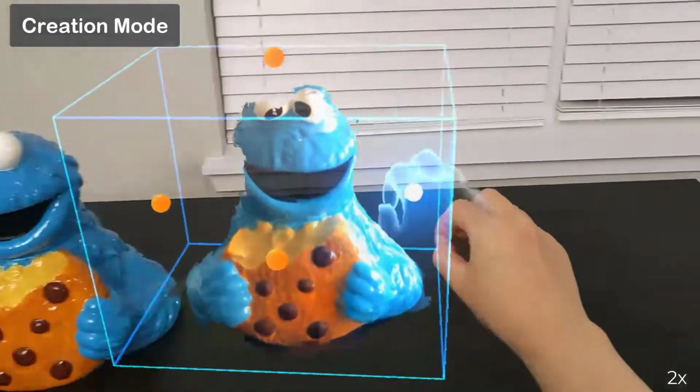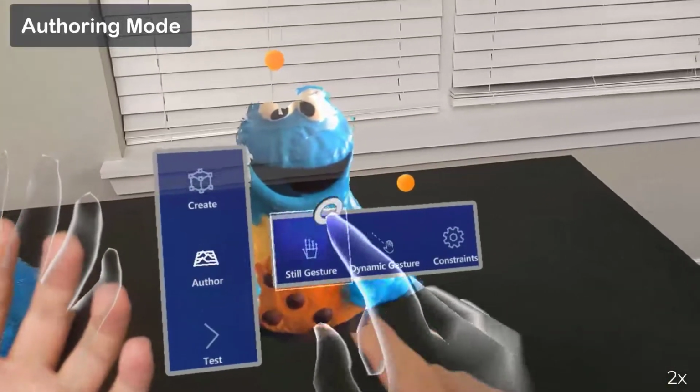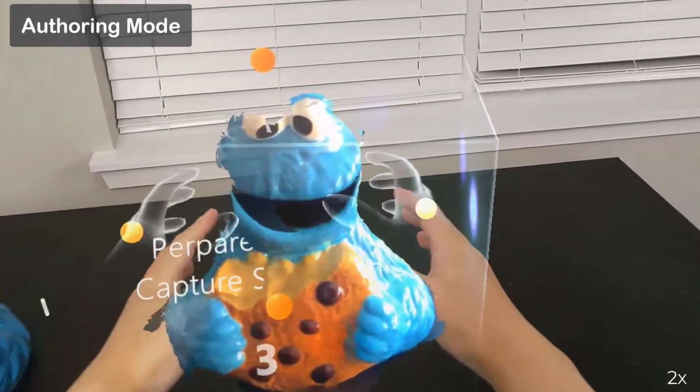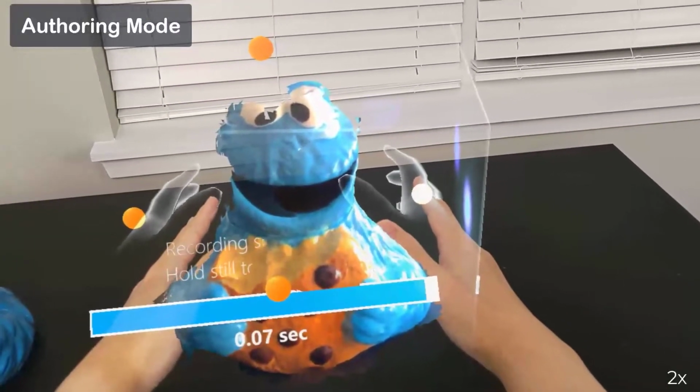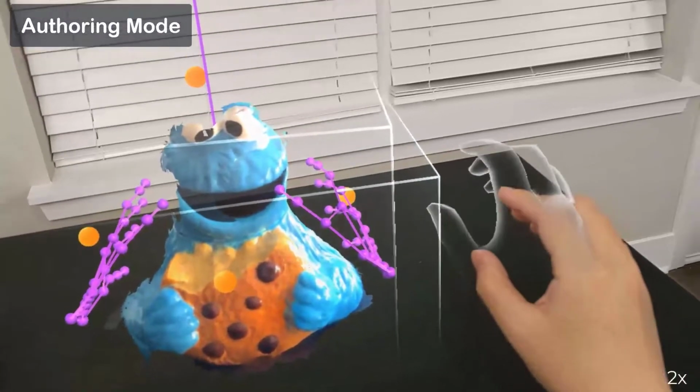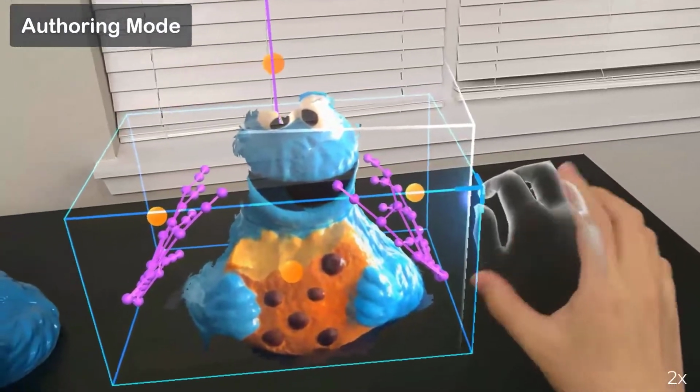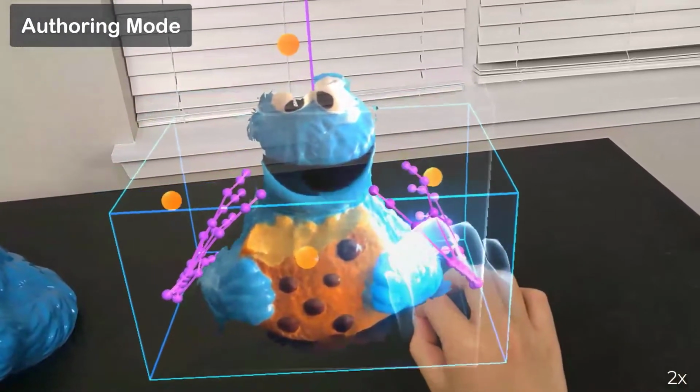Next, the user wants to hold the cookie monster using both hands. The user enters the authoring mode and demonstrates a holding gesture using the cookie monster as spatial reference. The gesture is visualized as a skeleton model, and the user can adjust the gesturing space by manipulating the bounding